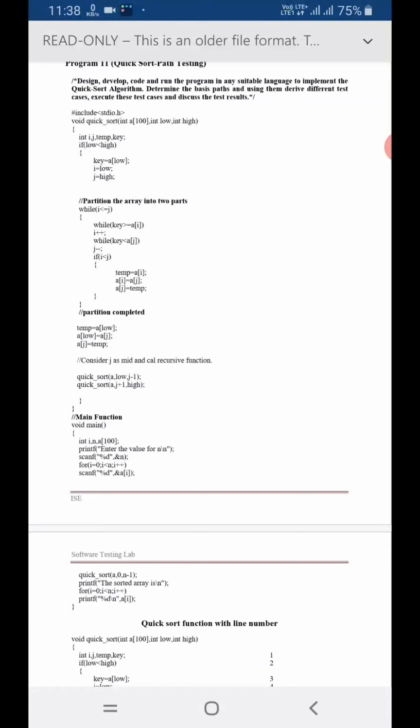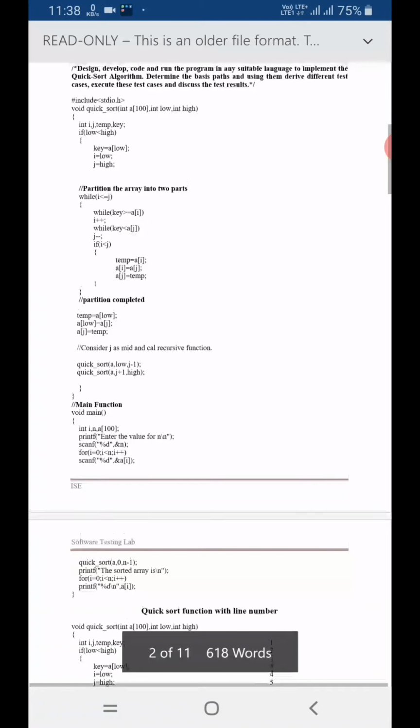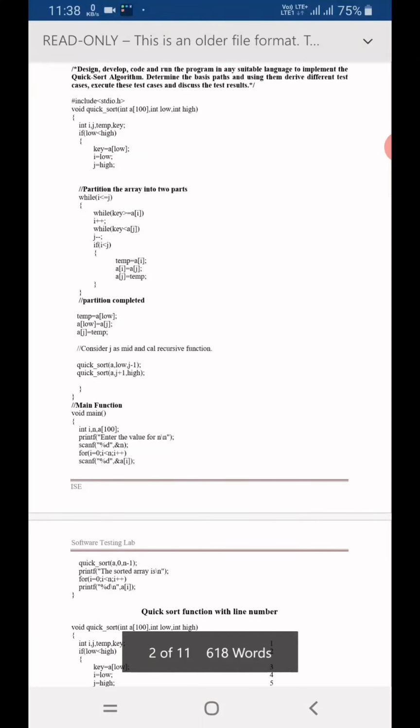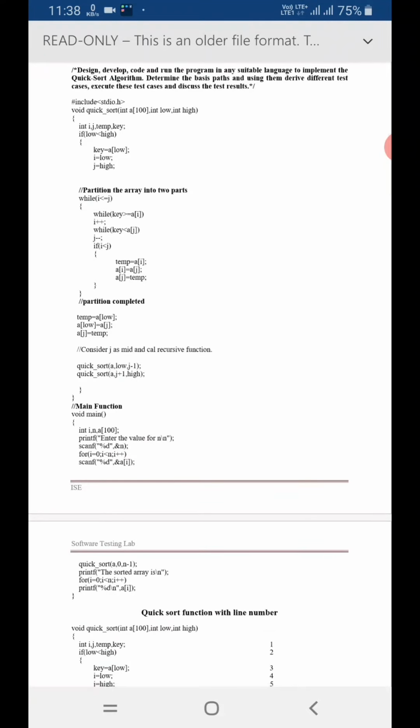For example, here in the function quicksort, int i, j, temp, key, we are declaring the variables. It is considered as one statement, and the loop condition, if low is less than high, is considered as another statement. Each line is considered as a statement.